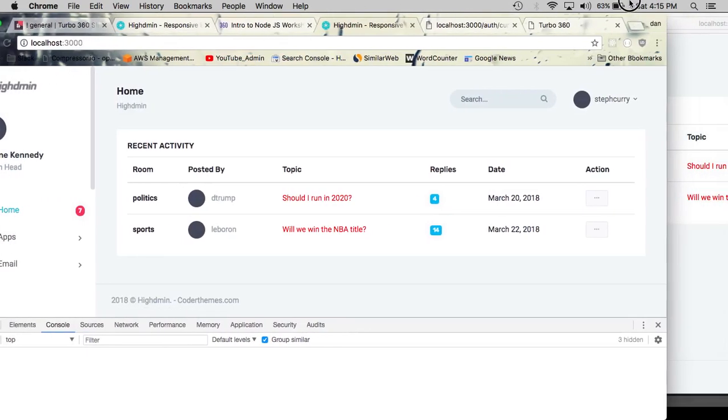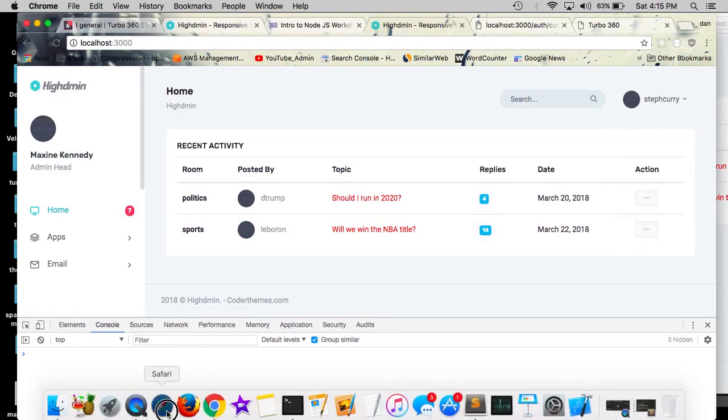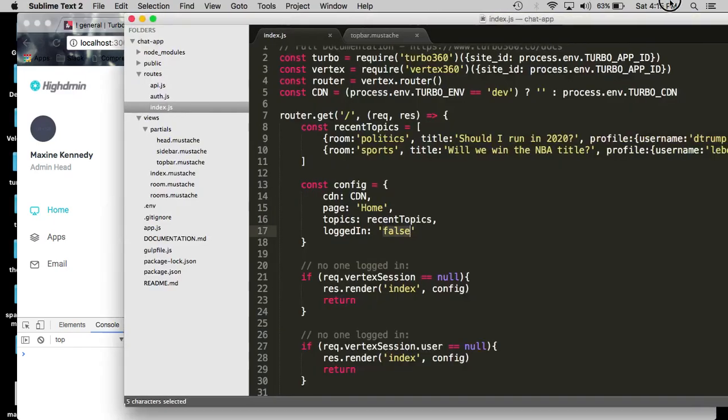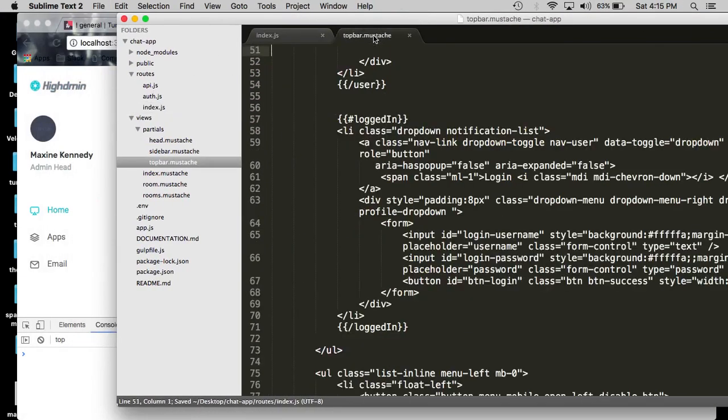And look at that. So here I am currently logged in as Steph Curry, and I see only Steph Curry. Here I'm not logged in as anyone, so I see the login form. And that's what we want. That's exactly the behavior we're looking for. And then I'm going to go back here